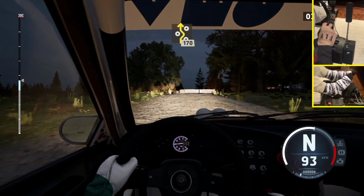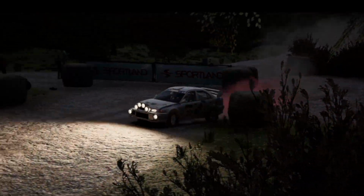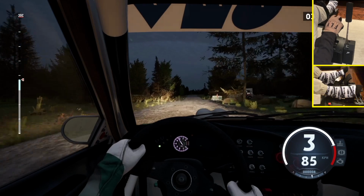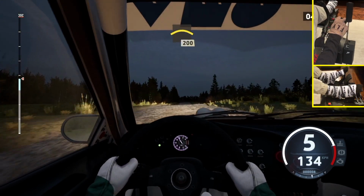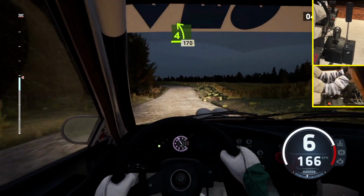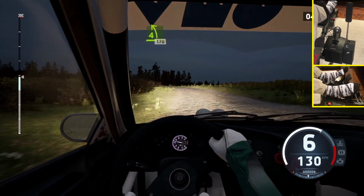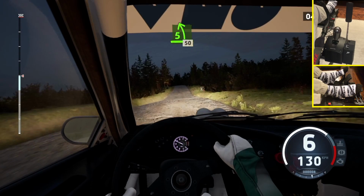Left entry chicane coming up, and this one again we're going to go nice and slow just to make sure we get through there with no damage to the car whatsoever. But we should be making pretty good time here compared to the rest of the field. At least we haven't really had any major mistakes. Just a couple minor things here and there. So I'd rather be safe than sorry with the chicanes. Make sure I don't slam into them. Just go a little bit slow into the chicanes and just make sure we don't have any damage on the